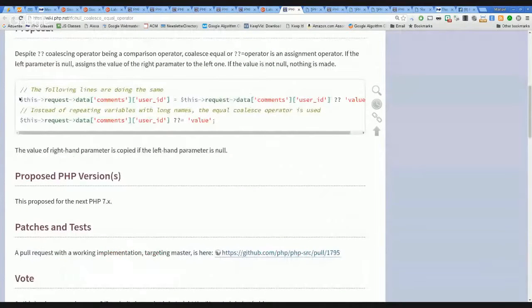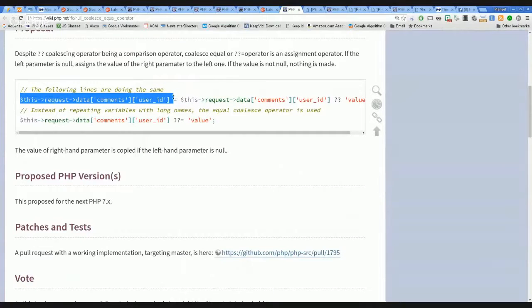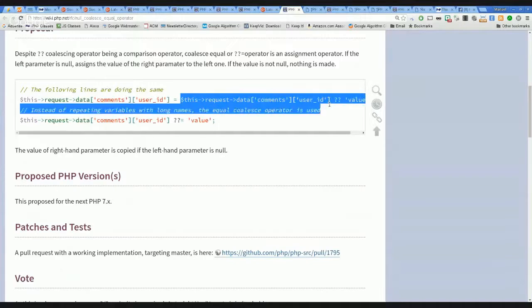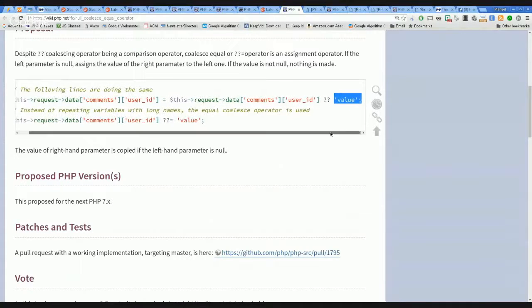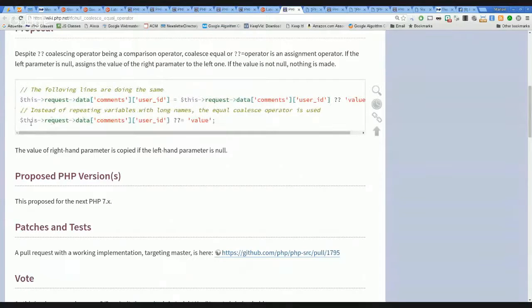For instance, this is the regular null coalescing. You have some expression. You assign this value if it is not null, it is set. Otherwise, you assign this sort of default value. So the idea is to make this more compact and make it like this.